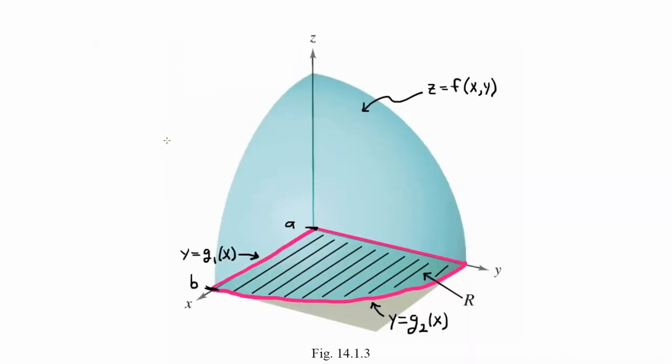Now, what we want to do with multiple integration here, we want to find out how to calculate the volume of a solid that is bounded above by some surface. So right here we have a surface given by z equals f of x comma y. So, this looks like it might be a paraboloid, could be something like 4 minus x squared minus y squared. Maybe it's an equation like that, whatever it might be.